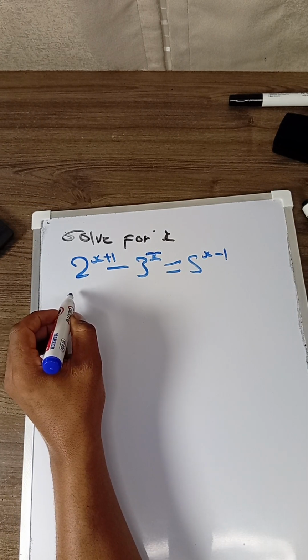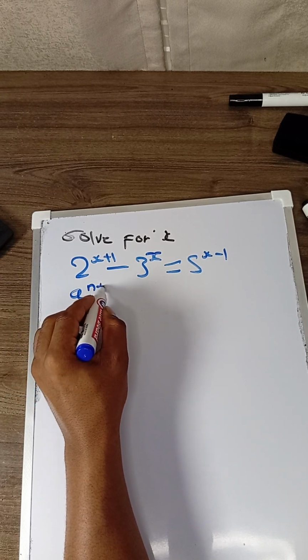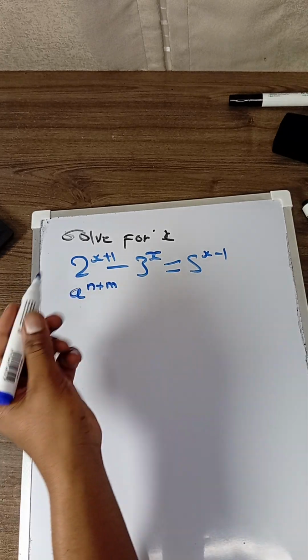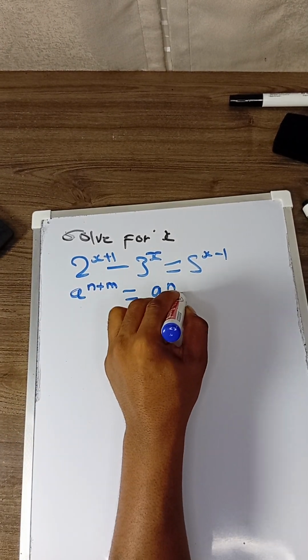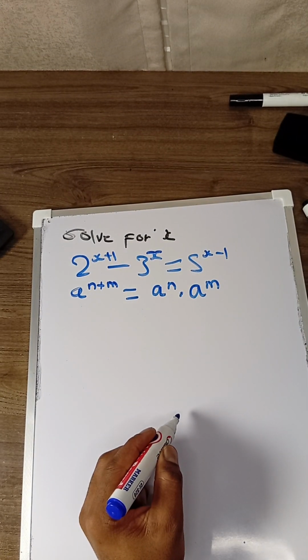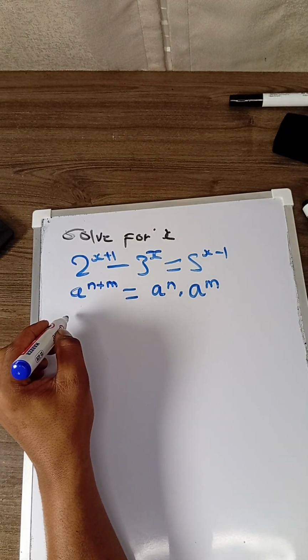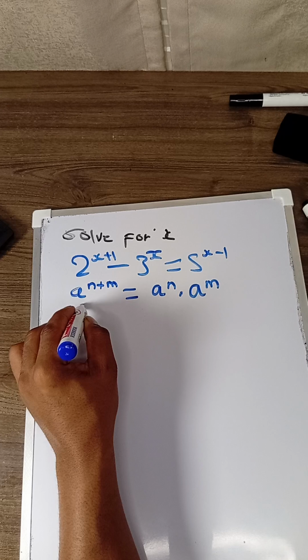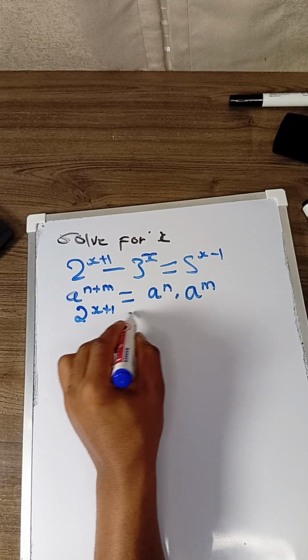The exponent rule says a^(n+m) is equal to a^n times a^m. So we go to that particular exponent, say 2^(x+1) is equal to